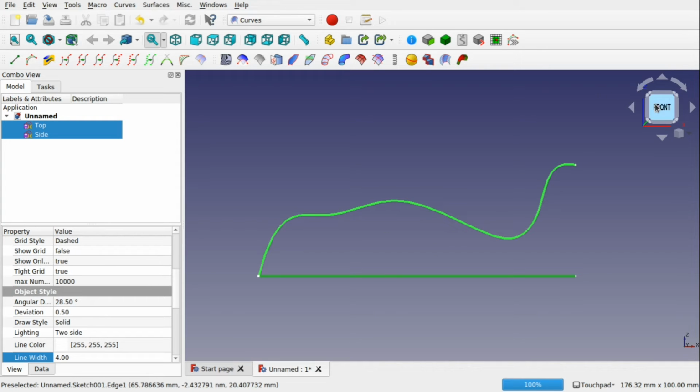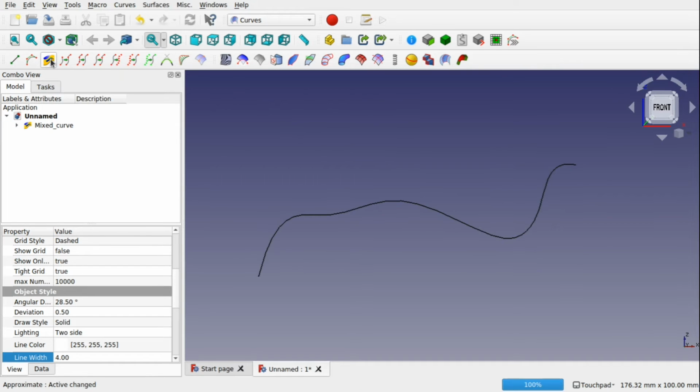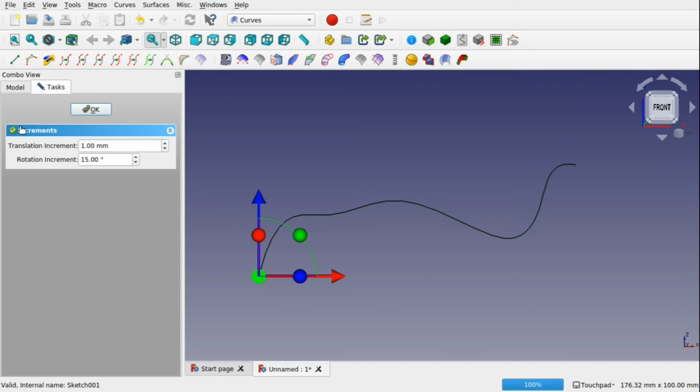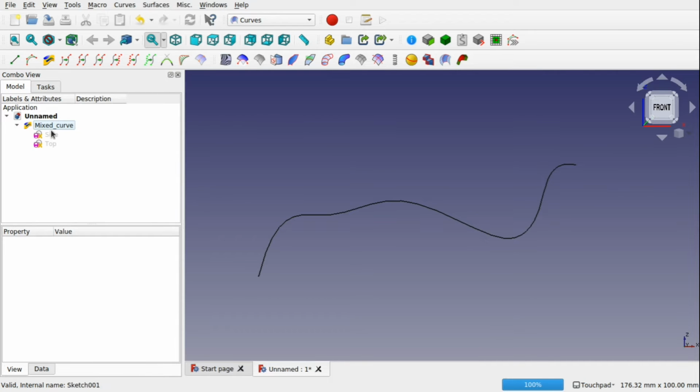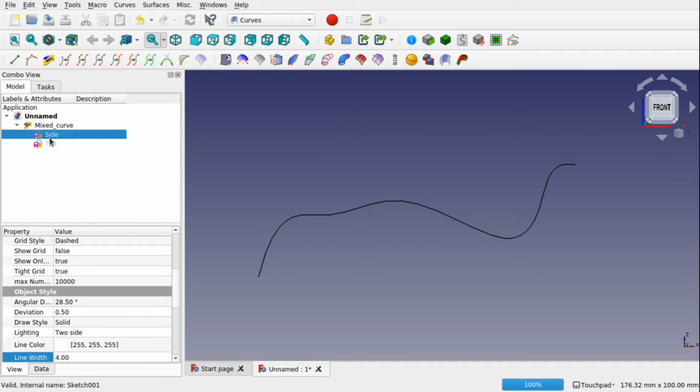We've got the projection from the front, and we hit the mixed curves there. Now it looks like it's just overwritten that curve there, but it hasn't. So I'm going to come into this mixed curve, and you can see that's okay that I don't want to transform it. Come into the mixed curve, and you can see we've got the side and the top there. They're invisible. So I'm just going to bring those back,